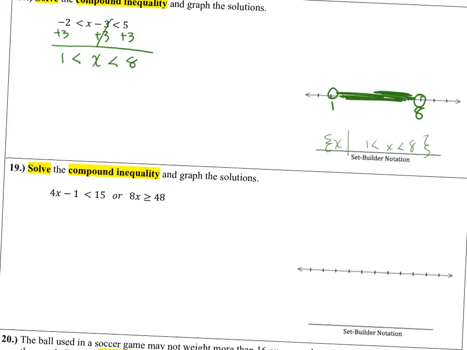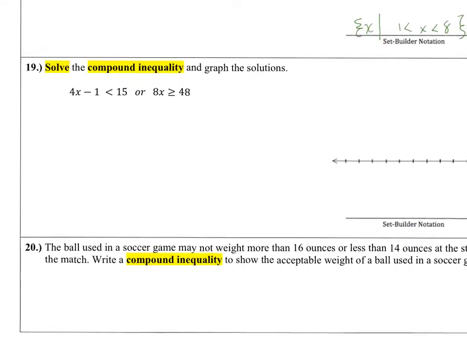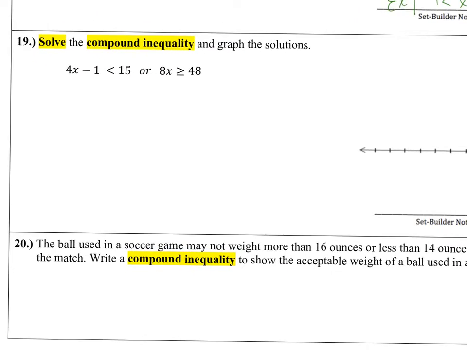Okay, number 19. Number 19 is also a compound inequality, but it's an or. So you treat each inequality separately. You add 1 to both sides, and then it's 4x is less than 16, my bad, 16. You get x is less than 4, or, and then you go to the next one,